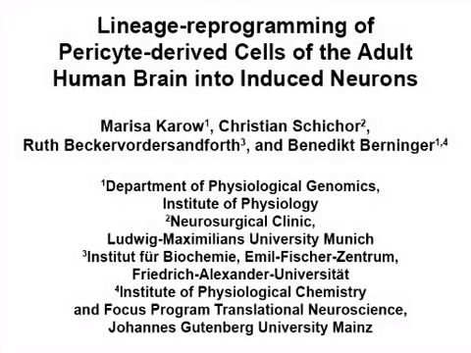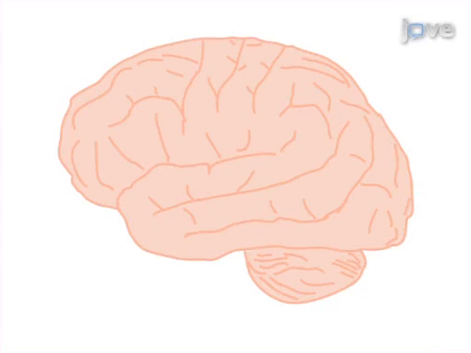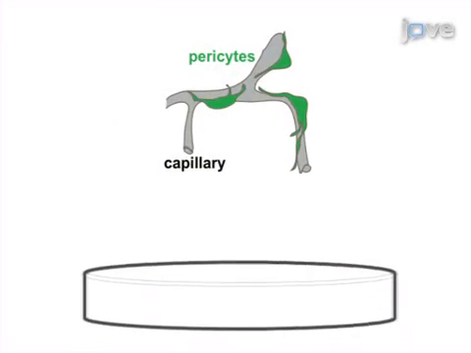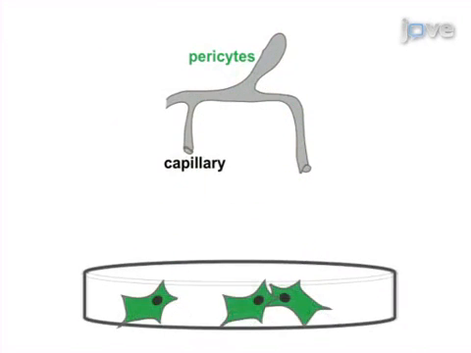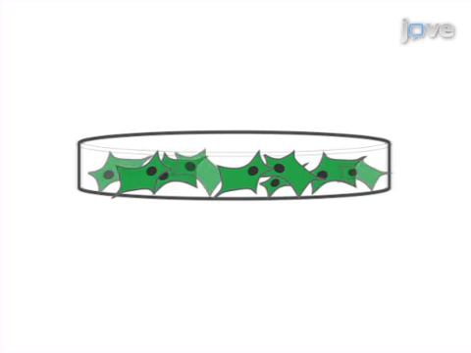The overall goal of the following experiment is to convert cells derived from human brain pericytes into induced neurons. This is achieved by isolating and culturing pericyte-derived cells from surgical brain specimens. Next, following expansion in vitro, cells are immunolabeled for pericyte markers, which allows for the characterization and eventual further enrichment